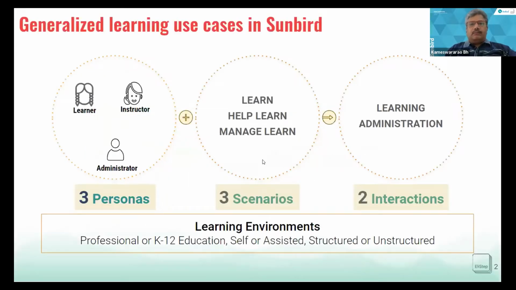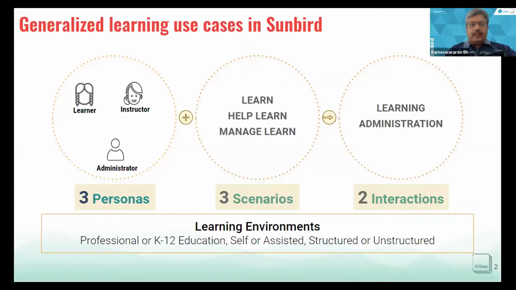So I think those of you who are following the Sunbird sessions would have been quite familiar by now with this terminology. The Sunbird infrastructure generalizes the entire learning environments and use cases into three personas, three scenarios, and two interactions.